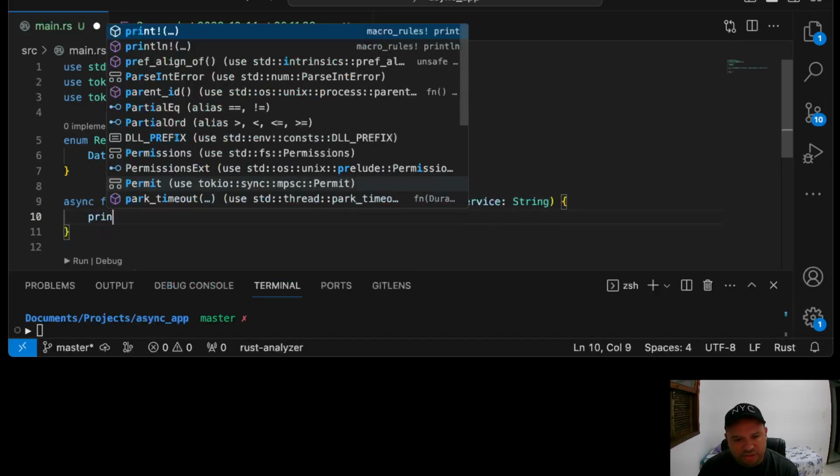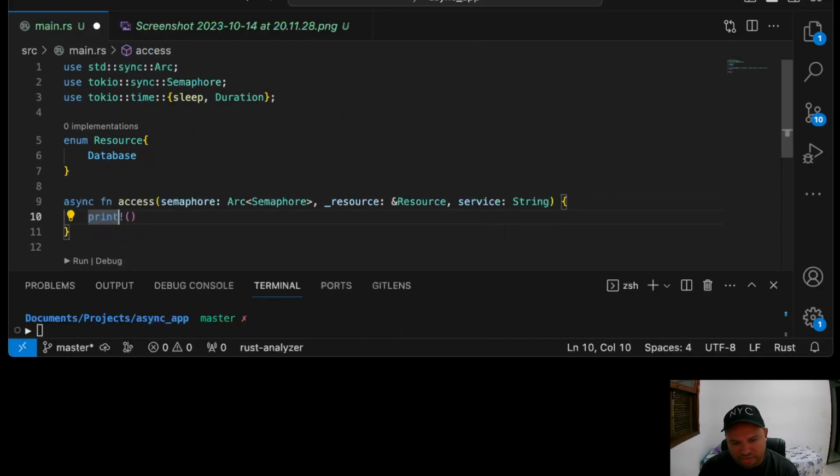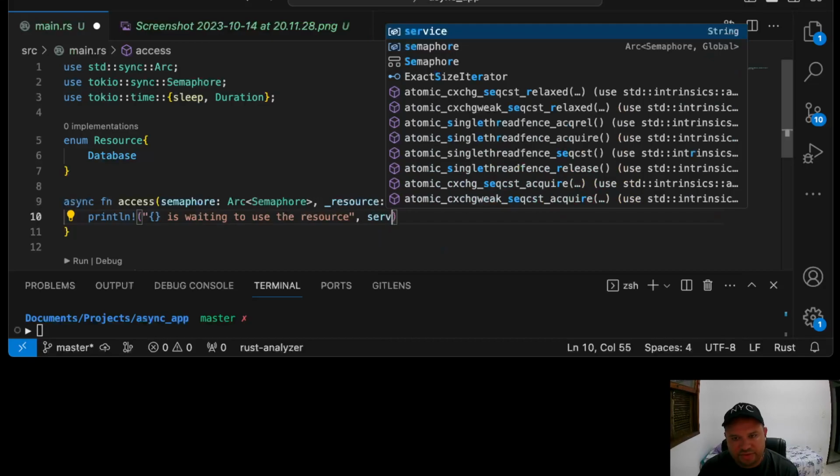So the first thing I'm going to do here is println, and I'm going to print here that this service is awaiting to use the resource, waiting to use the resource. Okay, and I'm gonna put the service here,